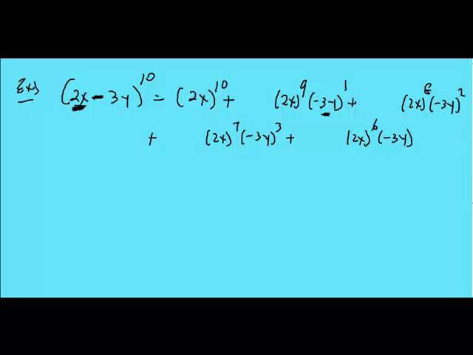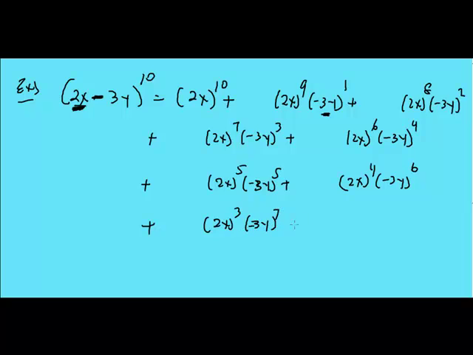Notice I'm putting parentheses around that. Okay, both of these terms, because I have to raise both the 2x, 2 and the x to the 6th power, and negative 3 and y to the 4th power. And then keep going. Let me finish this off. Okay, that's going to be 2x to the 5th, negative 3y to the 5th. Okay, plus I have a positive 2x to the 4th, and then have a negative 3y to the 6th, plus then I have a positive 2x to the 3rd, and then have a negative 3y to the 7th, plus,